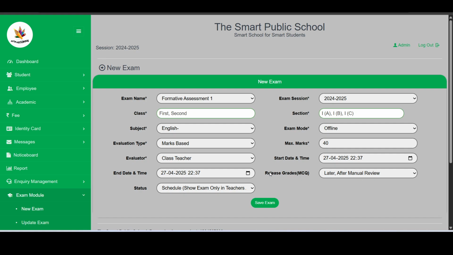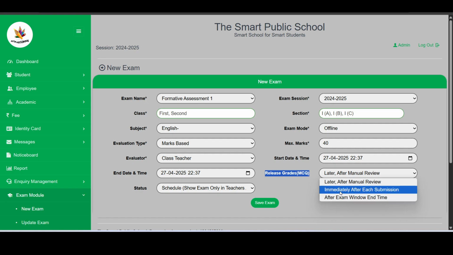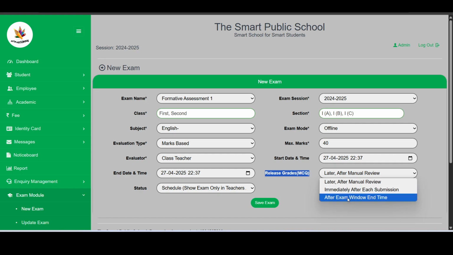Here you can select release grade after exam window end time, or immediately, or later review, because the first two are for online exams. So we can select this, after exam window end time.